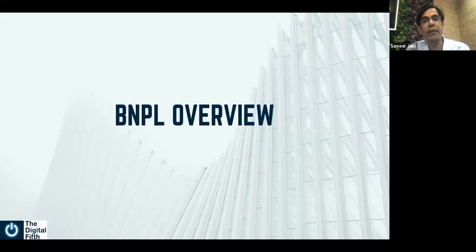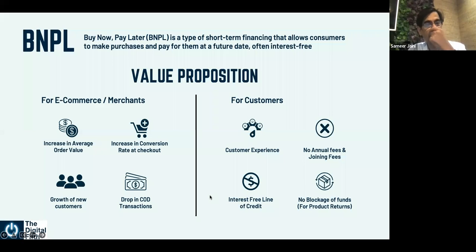So just going ahead in terms of BNPL, just an overview before we get into how to build it. If you look at the value proposition of BNPL, buy now, pay later is a very simple phenomenon. Nothing exceptional, nothing very complicated about it. And even today, if you look at